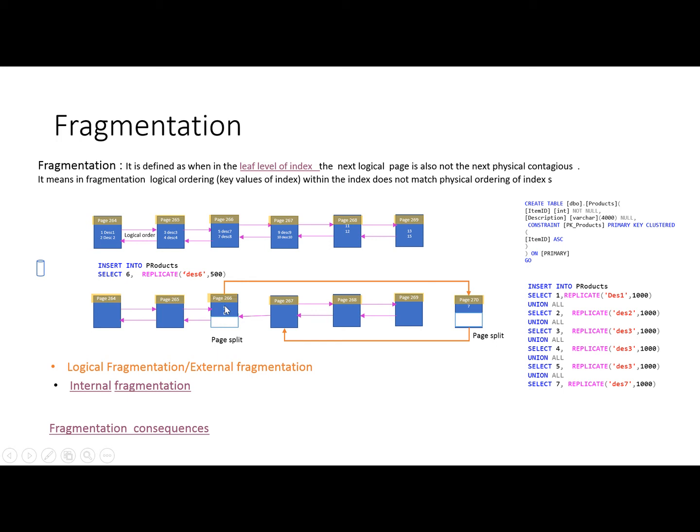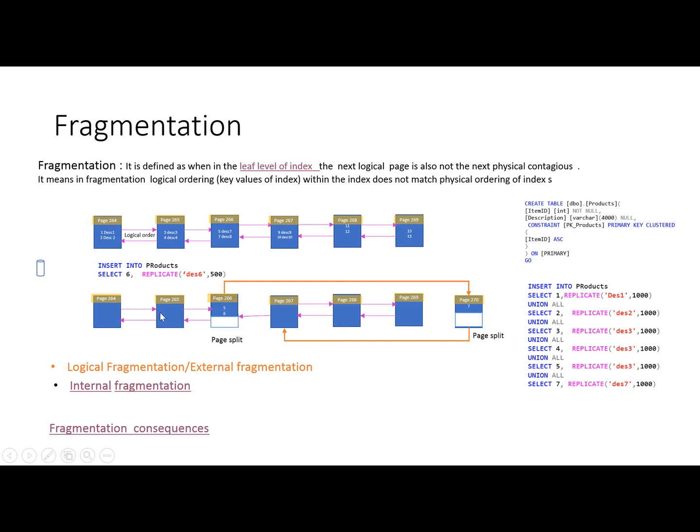The engine will create a new page so that it can make space, because this page is full. When the new record is inserted, it will be in order, so it will come after 5. After 5 there is already 7, so 7 will be moved into the new page. Now this new page is also 50% empty, and the page from where the record was moved has also been emptied. It makes space for this record, and once the record is inserted, there is still space.